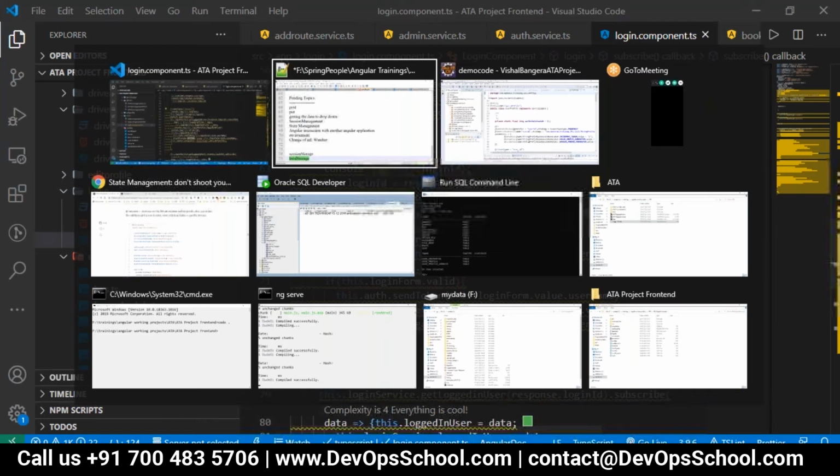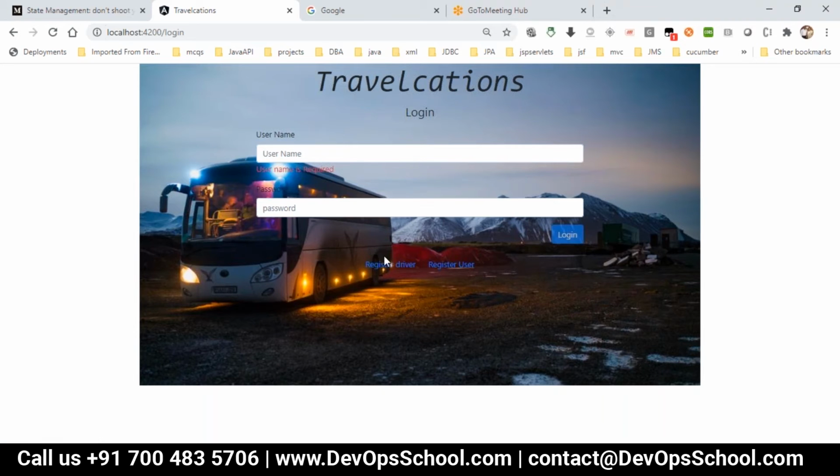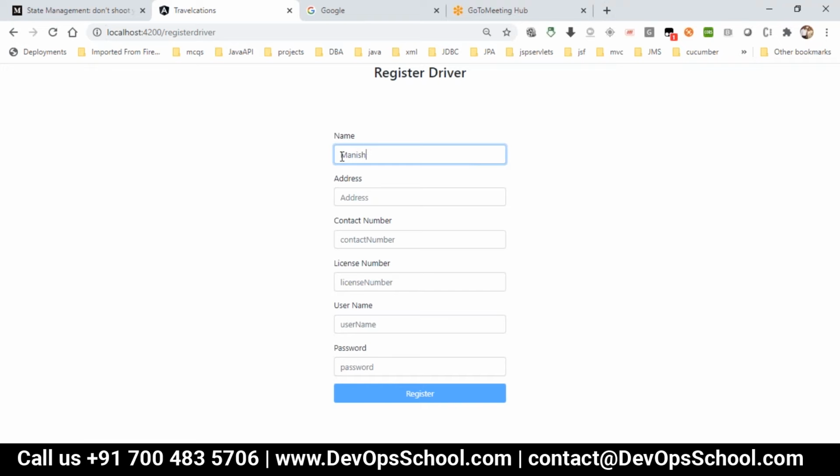Let me first show what application is running. It's a simple travel application where we can register as a driver or register as a user. Or I have some users, but let me just register a driver. Manish.